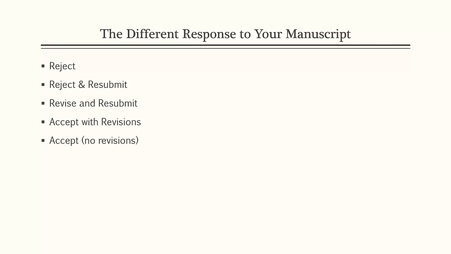And the reviewers are going to know what revisions you've made, okay? You're going to tell them, these are the revisions that I've made. They're going to get that information. Even if one of your original reviewers can't review the manuscript, they're still going to be made aware, this is a revise and resubmit. This is what the author was told to do. Please evaluate it based on all of these factors. Okay. Then you get accept with revisions.